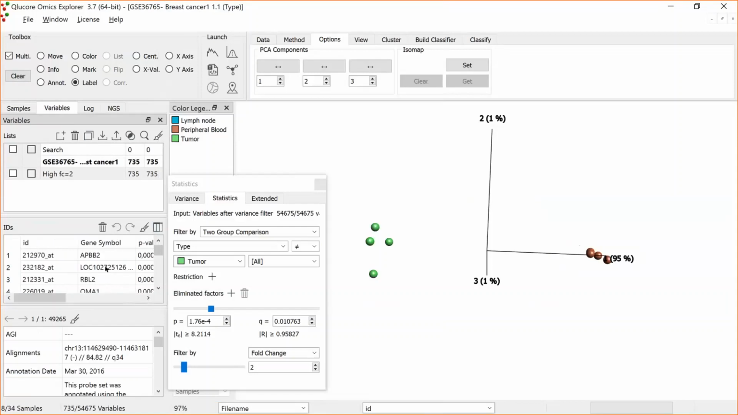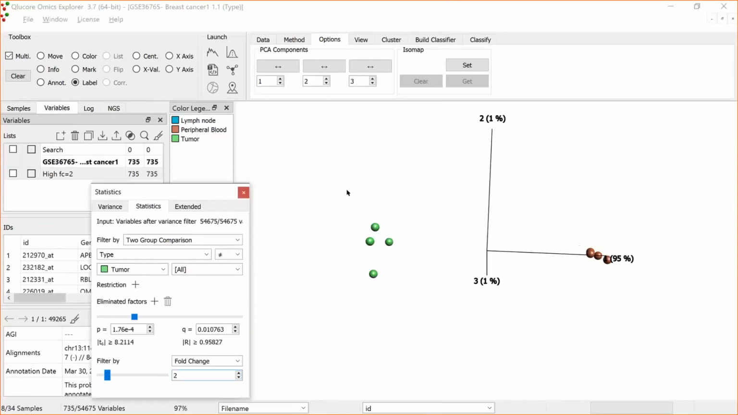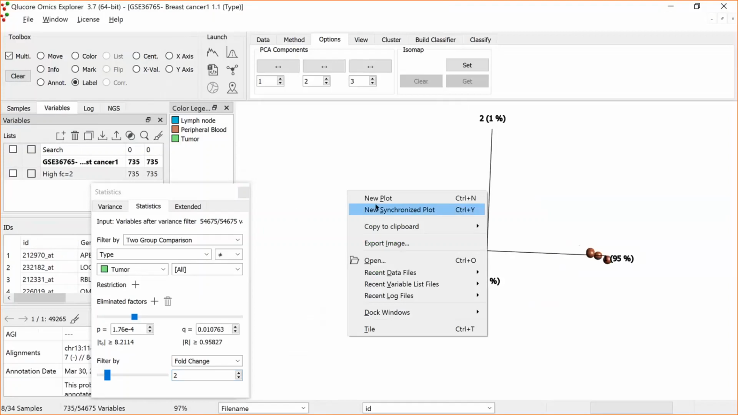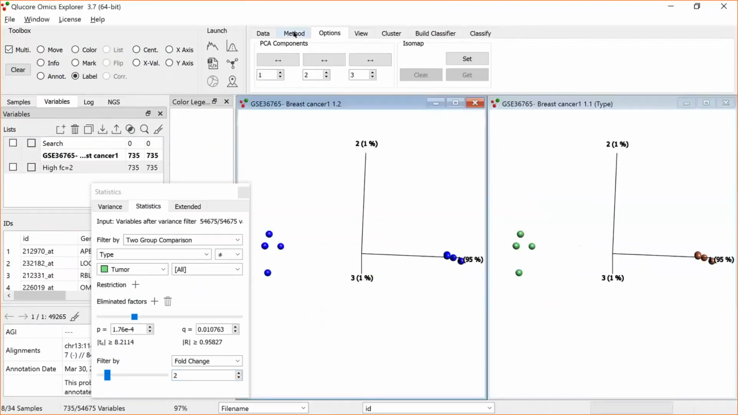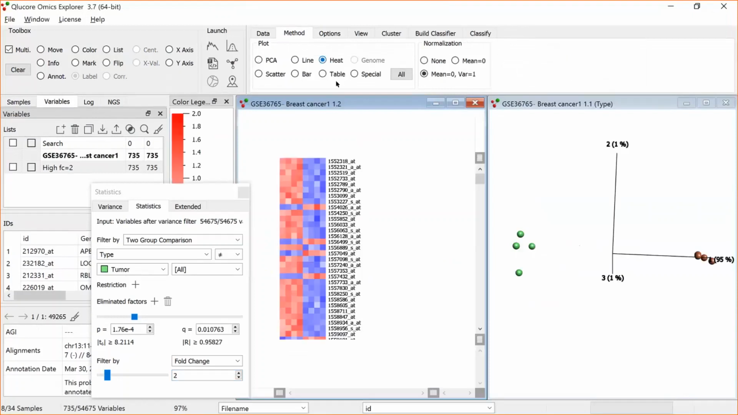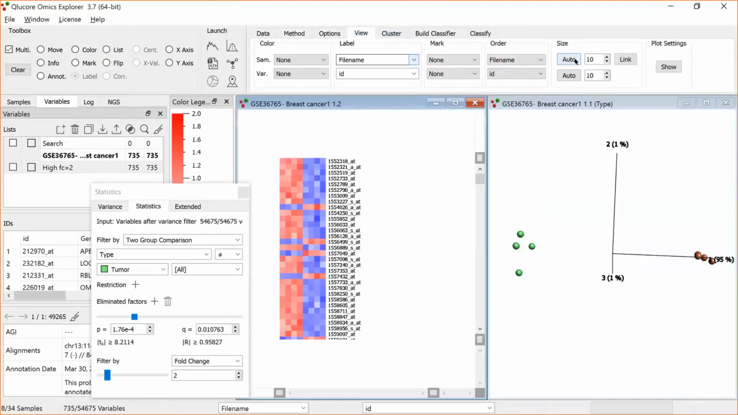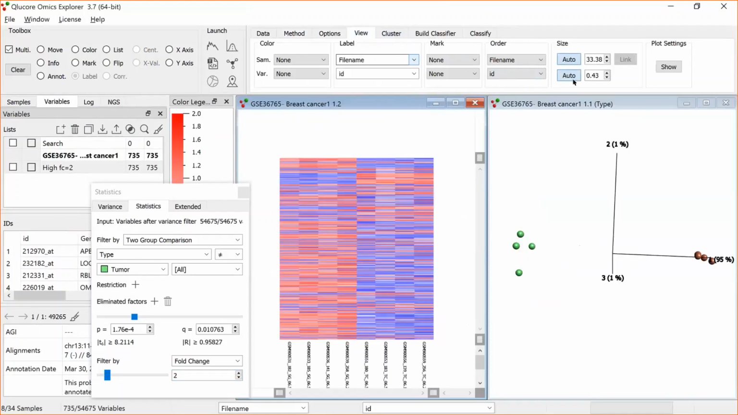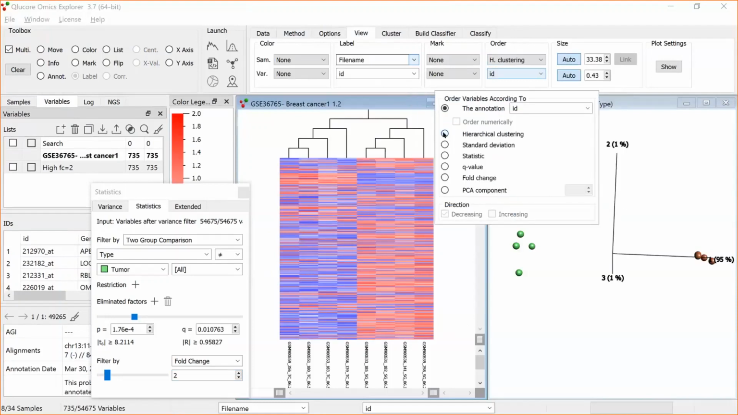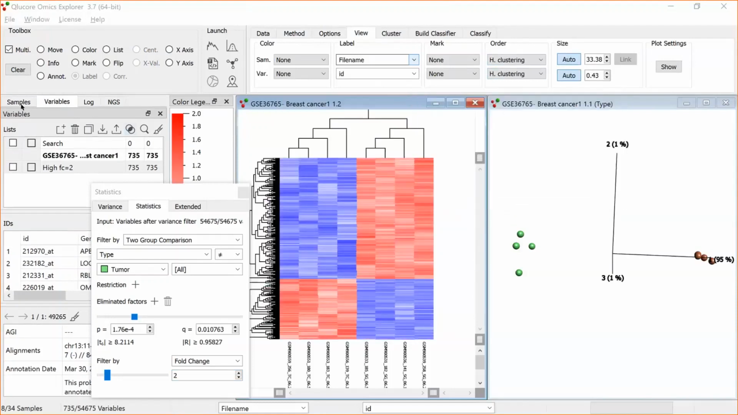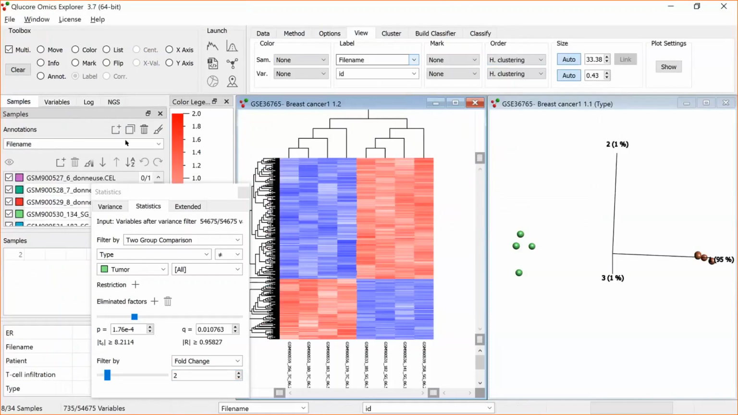Okay. And then I can show these genes in a heat map. So I open up a new synchronized plot, like that. And here I have them. And let's go to the View tab to configure the heat map. So I press Auto and Auto to show everything. And I hierarchically cluster like this. And then we also color according to the